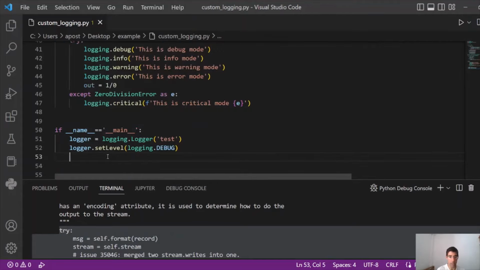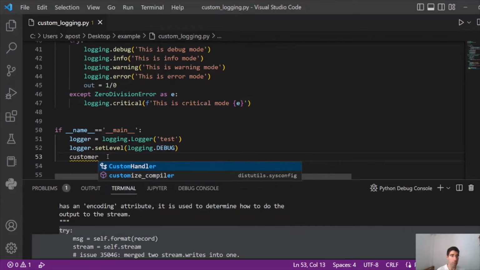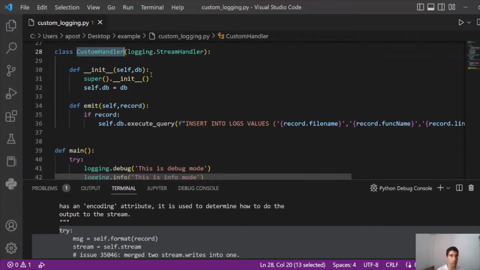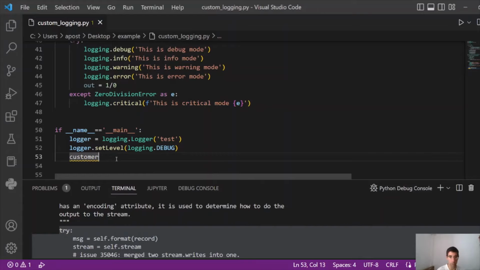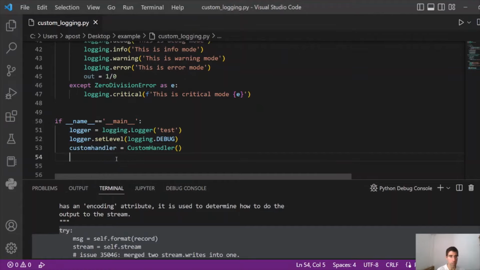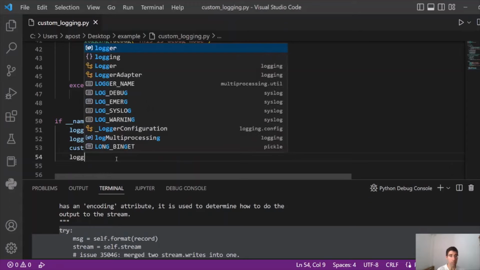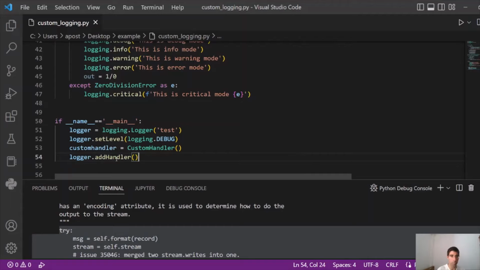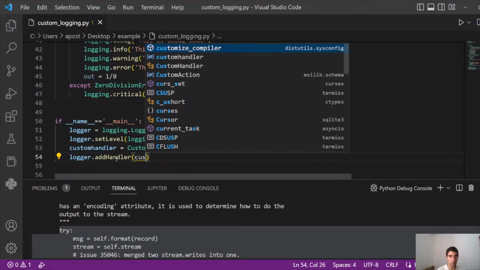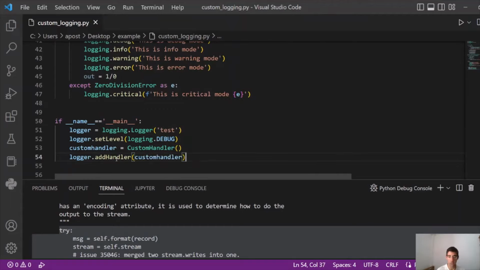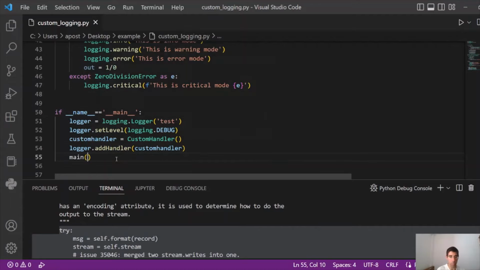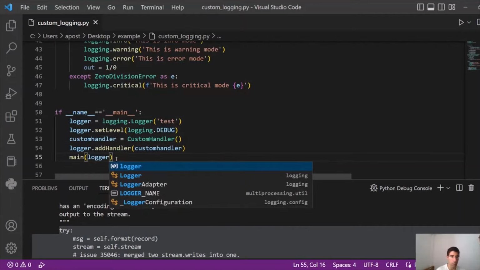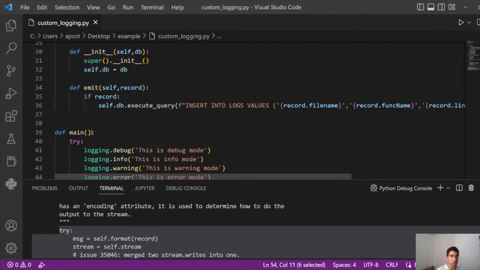Then we need to create a custom handler, instantiate our custom handler class. So custom handler equals custom handler. We instantiate the class, and now we have to pass the custom handler to the logger. Add handler, custom handler, and here we go. And now we can call the main function passing the logger